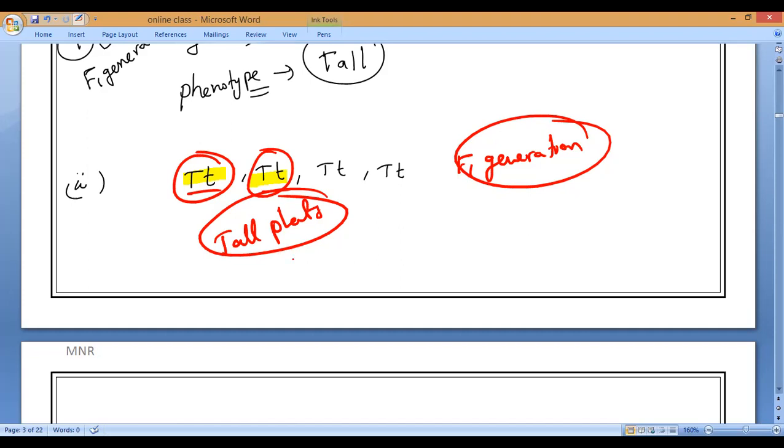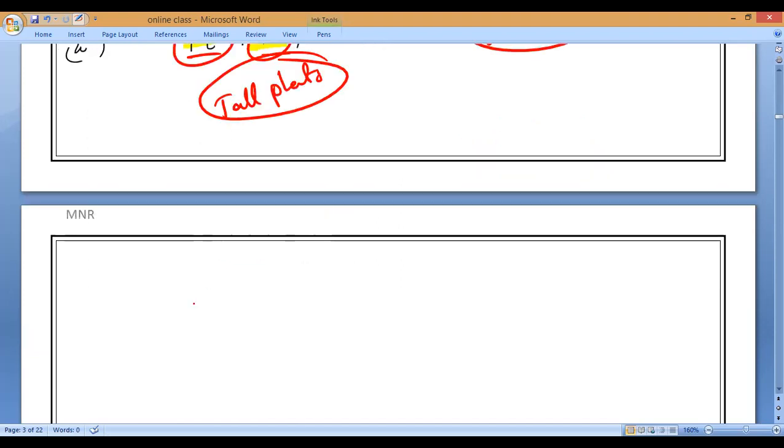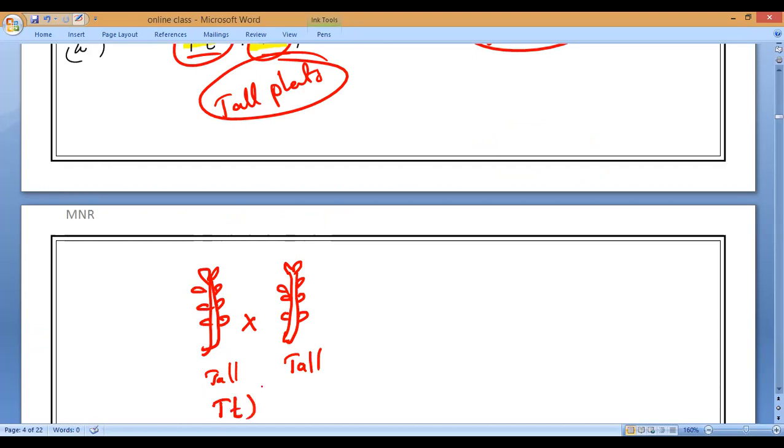So let us see how much it is. He has taken two tall plants, tall into tall. Both are of the F1 generation. So capital T, small t into capital T, small t. So when he did this crossing,